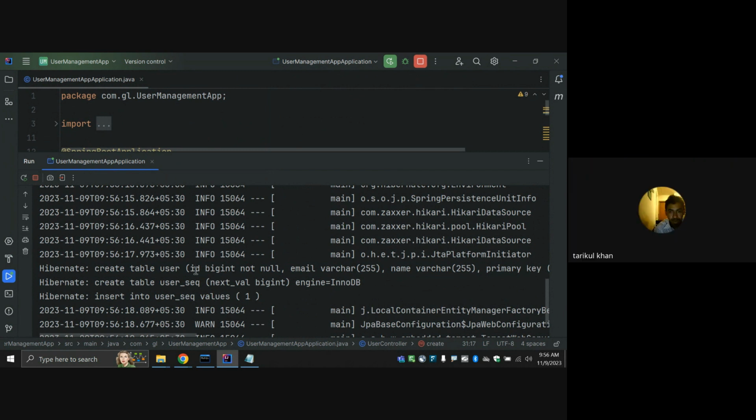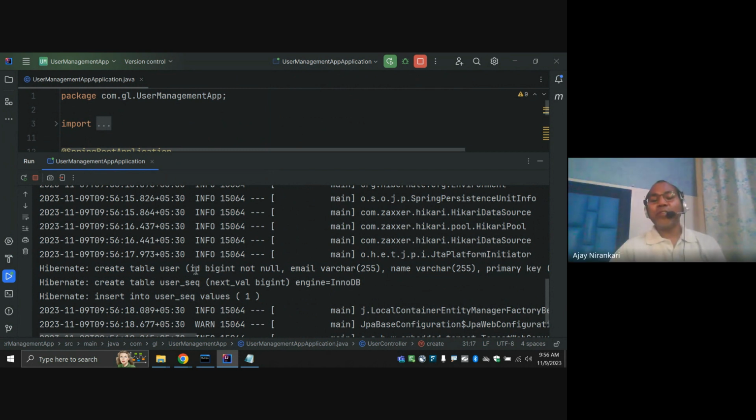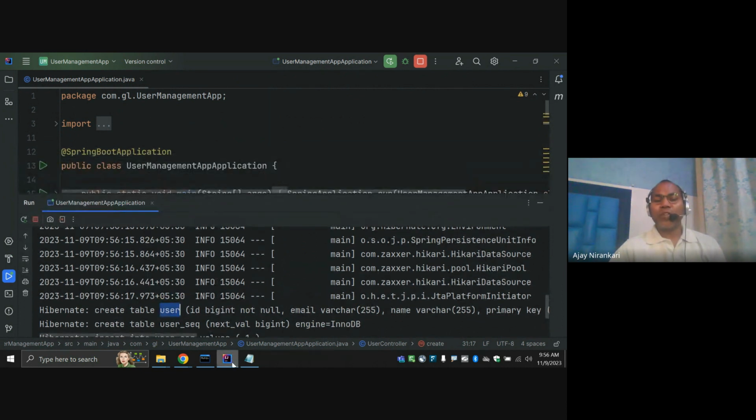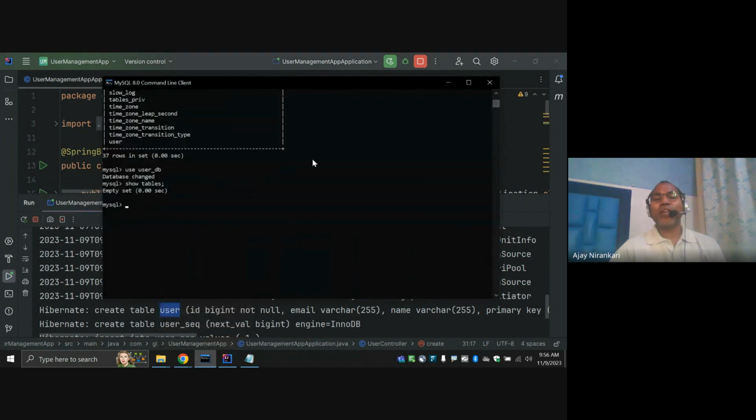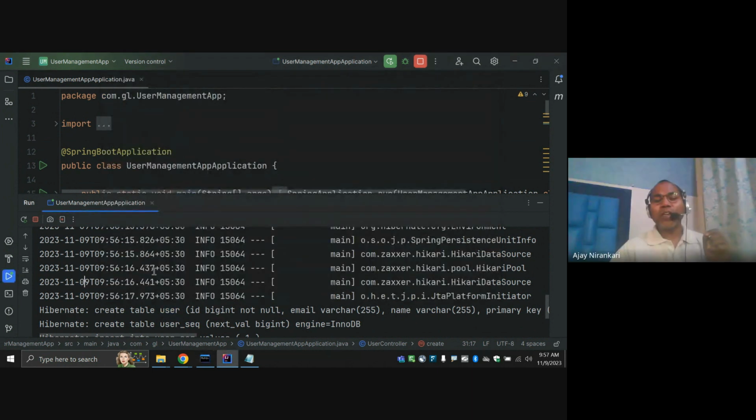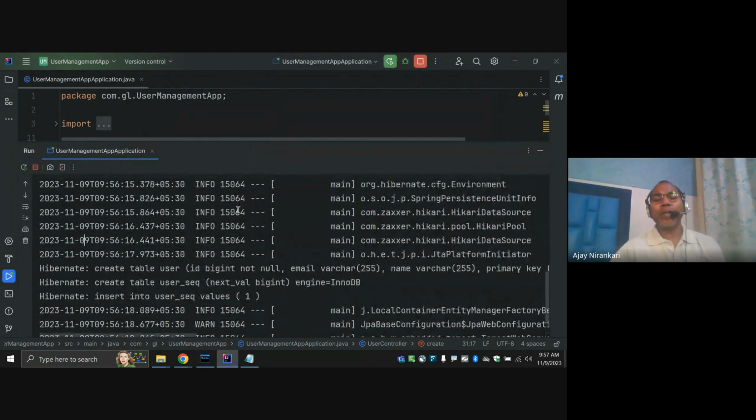By default, our system created your user table. In which database did they create it? By default, the database you provided in the application property, right? So let's go check in MySQL. Previously, source table showed no table. Now say show tables. Notice two tables were created, one user and one sequence. By default, notice here in the SQL query, they mention they created one table for your user, one